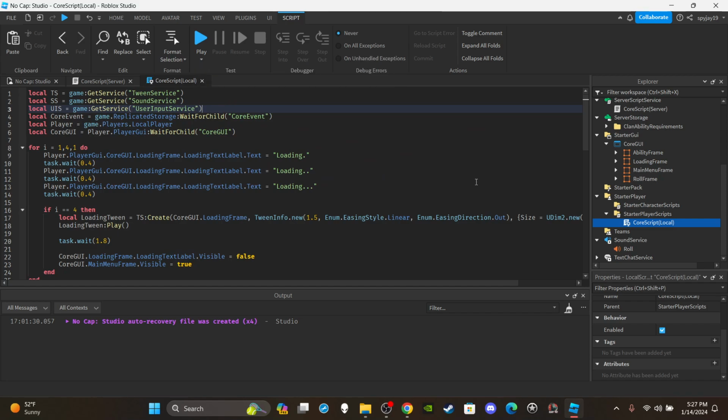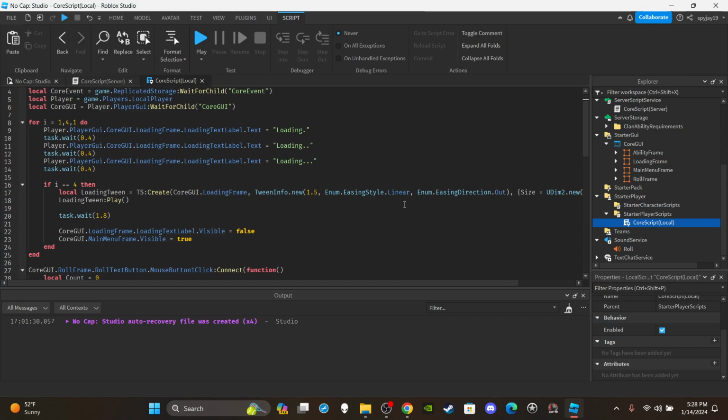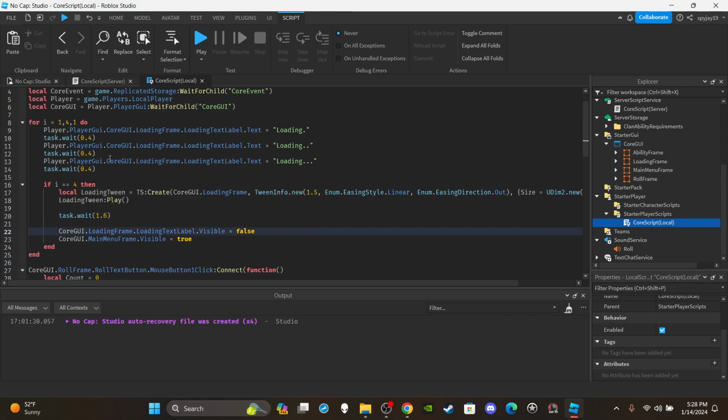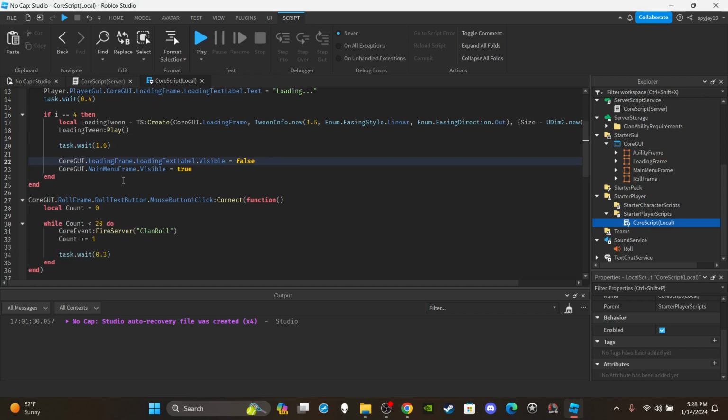For part 2, the user input service is going to be used to open up our ability menu, but of course in the future it's going to be used to use our abilities. Okay, so here the only change I made down here was I just changed this from 1.8 to 1.6, right? Then going down here,